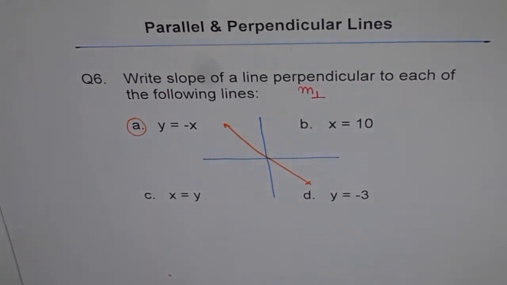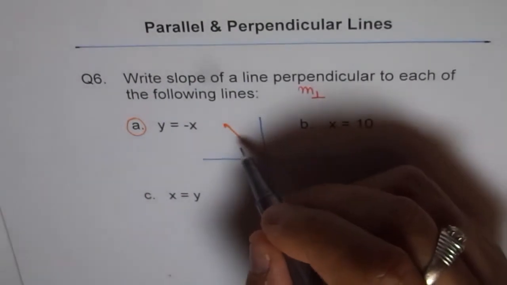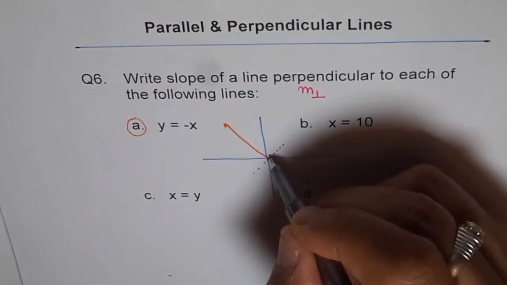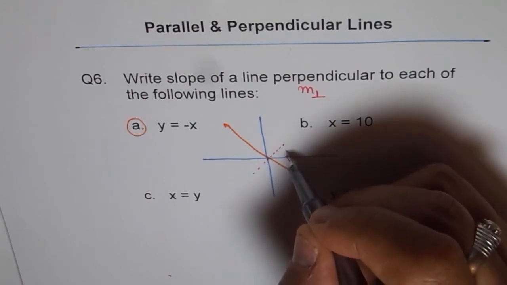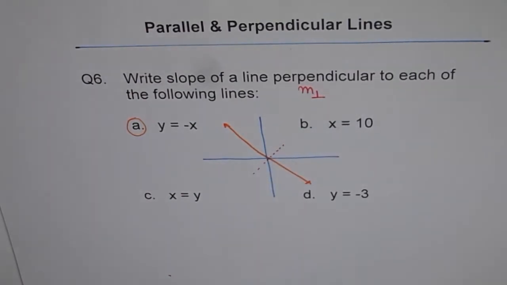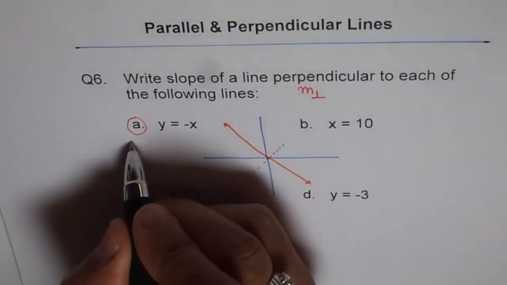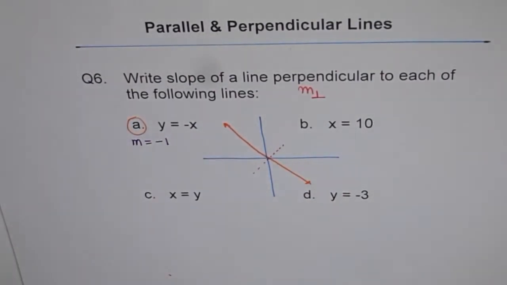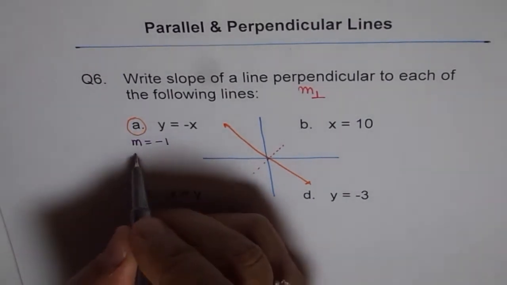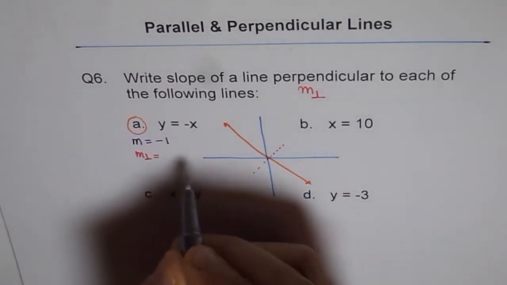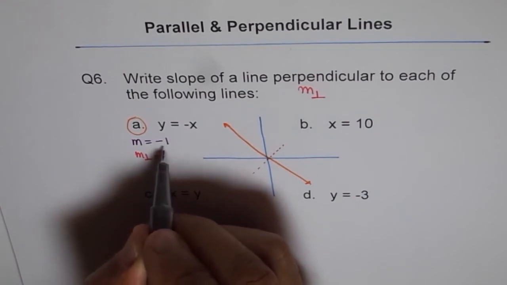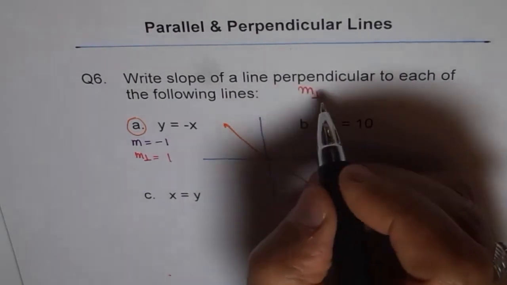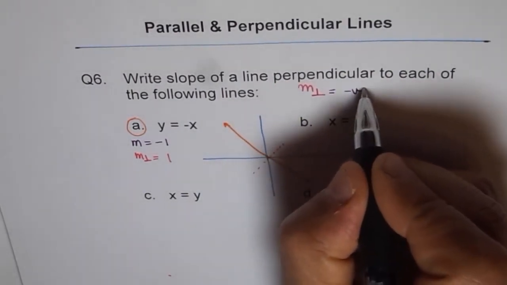Now, how about the line perpendicular to it? The line perpendicular to it should be like this. Is it okay? Then it makes 90 degrees. So we can write here the slope of this line, that is m, is equal to minus 1. So what is going to be the slope of the perpendicular line? So m perpendicular is the negative reciprocal of this, which is plus 1, correct? So we know m perpendicular will be the negative reciprocal,